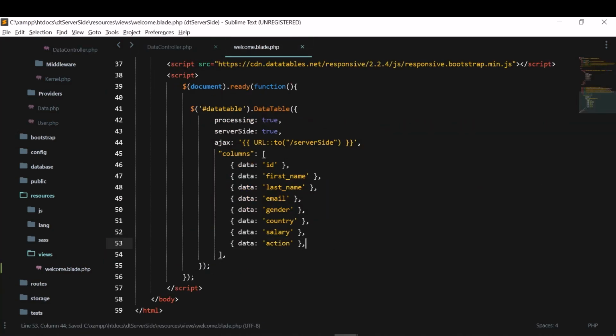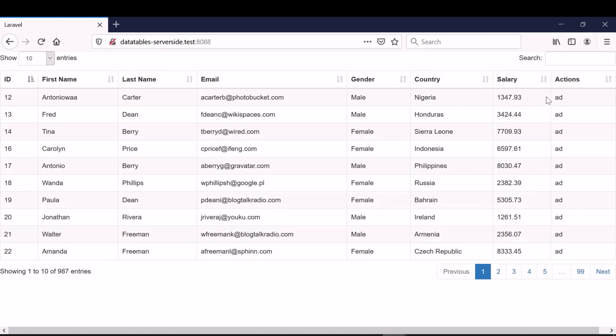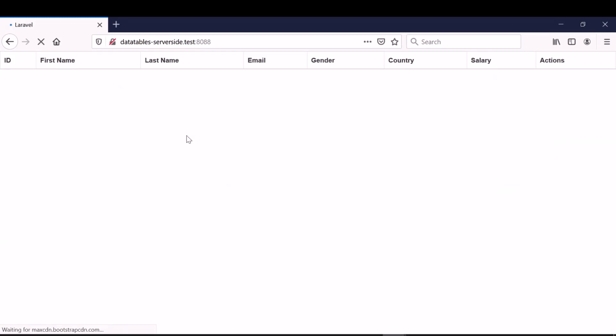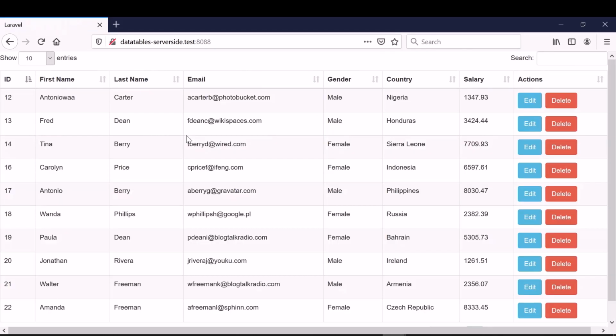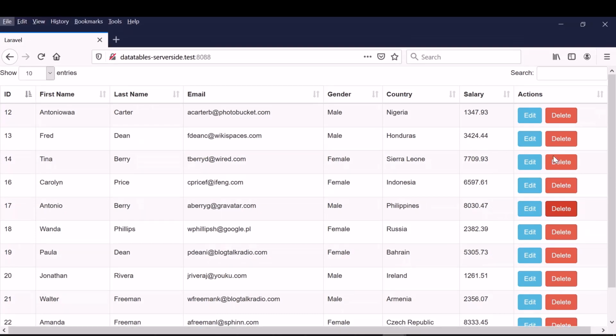Now let's go to the browser and see. This is the one we have seen before. I will just refresh now, and you can see the edit and delete buttons, but no modal is popping up because no modal is defined yet. Now that we have these buttons, I'll copy everything remaining from the client-side application. I will also open the client-side application for you.